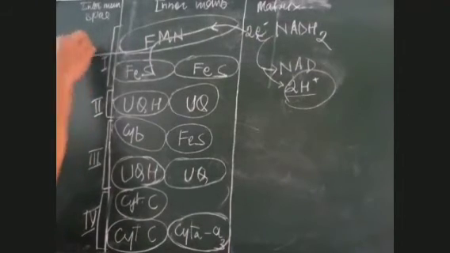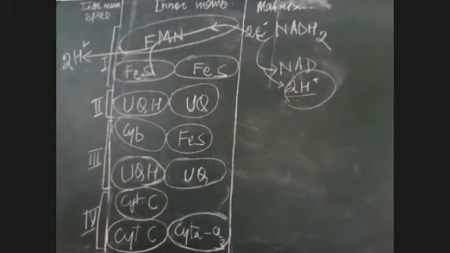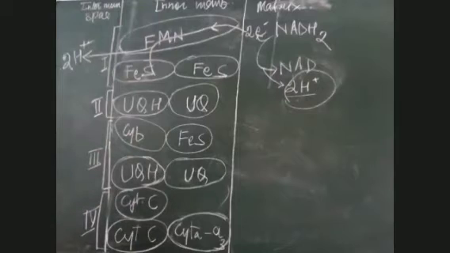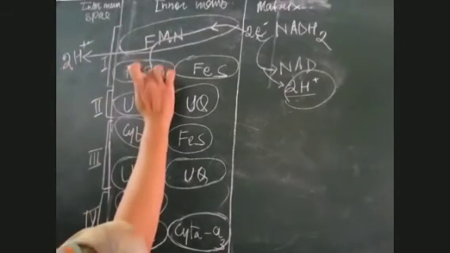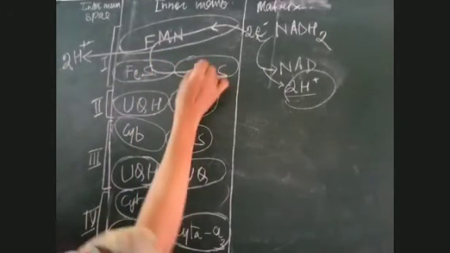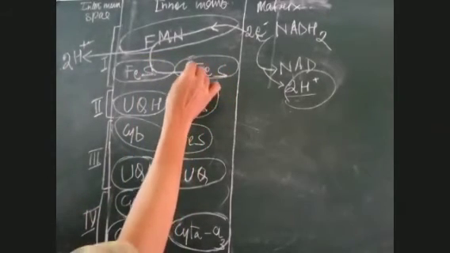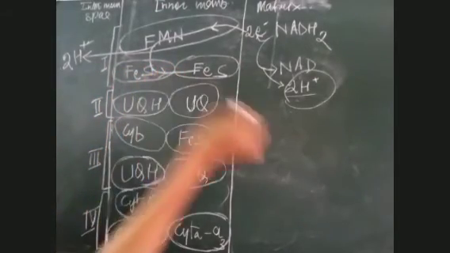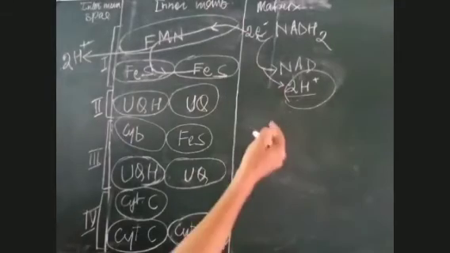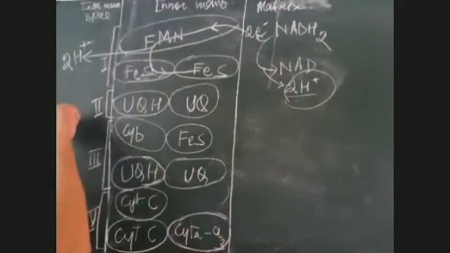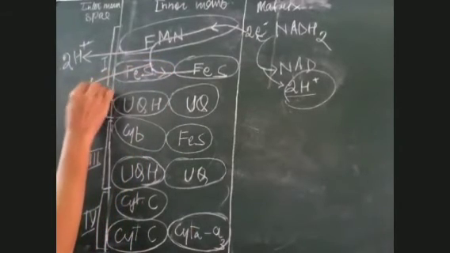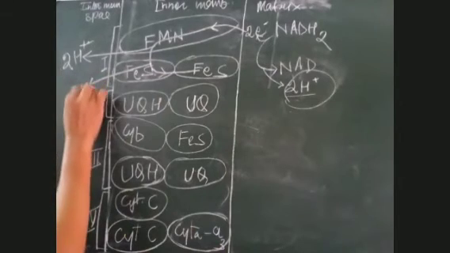So here, one proton has come into the intermembrane space because of the energy released by the electron traveling through the electron acceptor system. Now from FeS, it will travel to the next acceptor, which is again FeS. When it travels to the next acceptor, again energy is released, and that energy is used in transferring the proton from the matrix to the intermembrane space. So here one more proton is released into the intermembrane space.